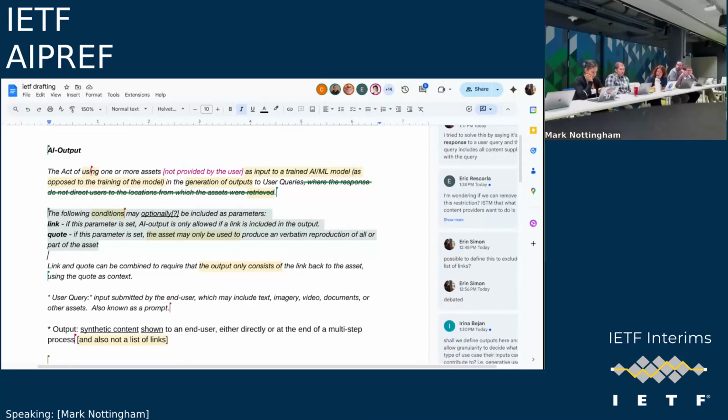Okay, that's a really helpful motivating example, because we did talk about that, and the intention here is that by focusing on what is displayed to an end user, we exempt the category of processing that is the internal scoring and abuse detection. Yeah, and good to know that that's the intention. I think maybe if we tie the outputs more specifically to the input rather than any output, because you always get an output from an AI, then that probably helps. Well, right, and that's why we defined output here.